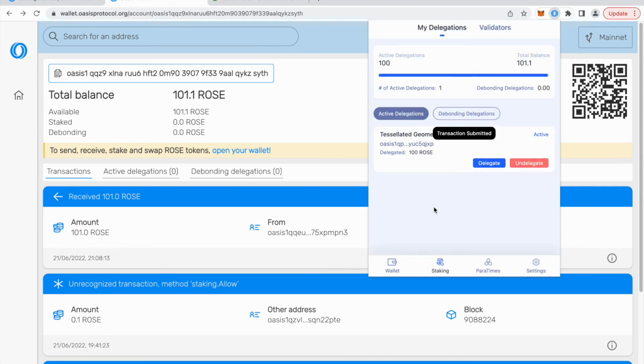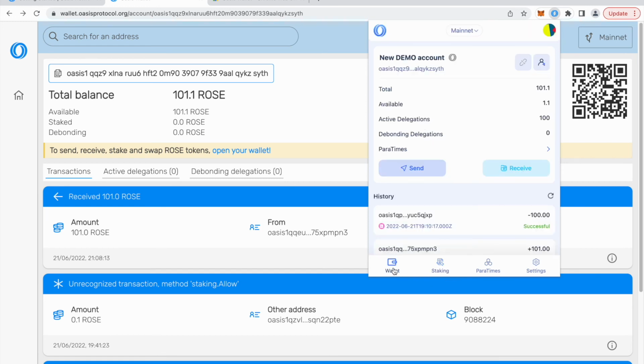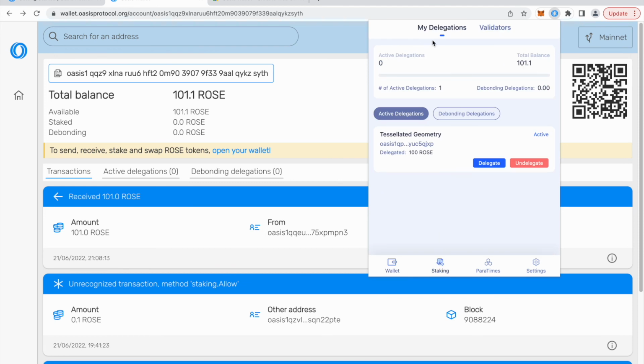Okay, so what you will notice now is that if I refresh just to see the transaction, let me see. Okay, so you see total, available is still only 1.1. Why? Because I need to wait approximately 14 days to receive my undelegated rows back to my address. Okay, so if I go to staking now, you will notice that my active delegations is 0 because I actually undelegated. So if I go to debonding delegations,